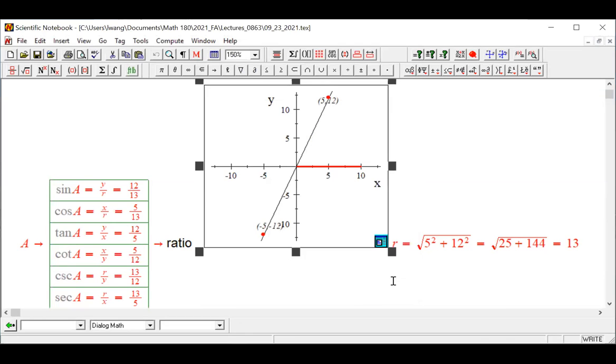That's better. Okay, so I don't want to confuse you. That's why. Okay, so for this other point,